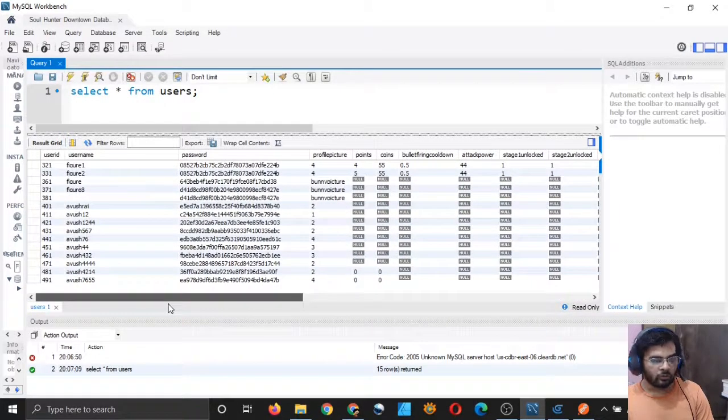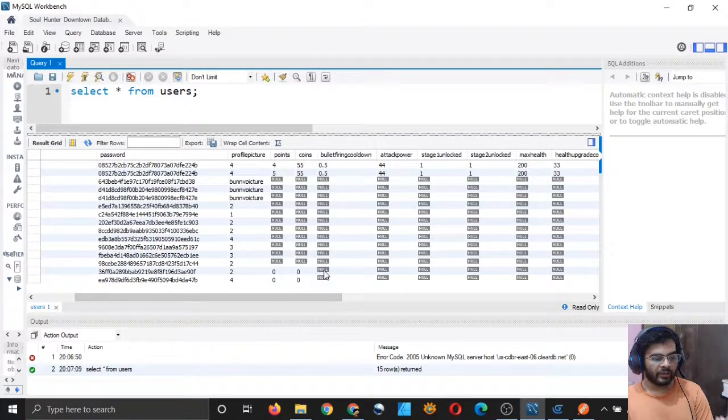What I would like to do is, when we are creating a new account from within our game, put default values in the database for these fields. I have many fields, and I want to put some default values in them rather than null, because this null can create a lot of problems.